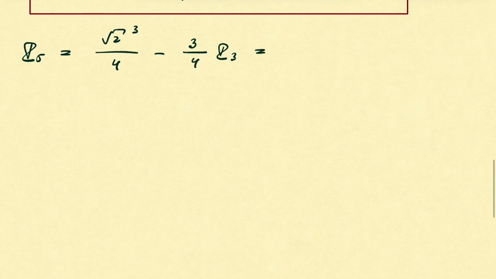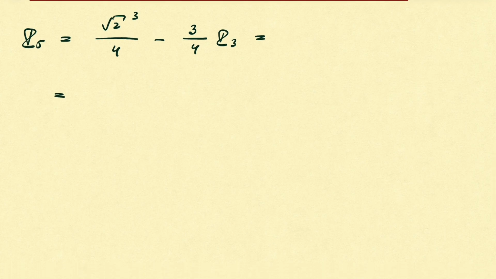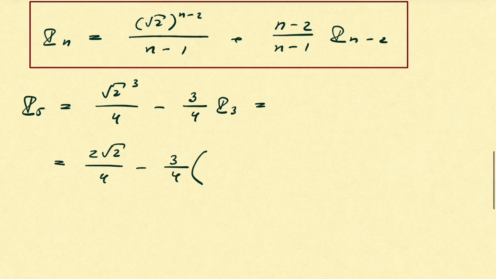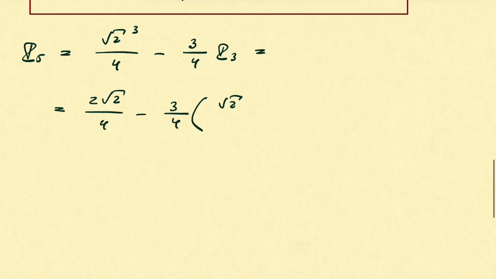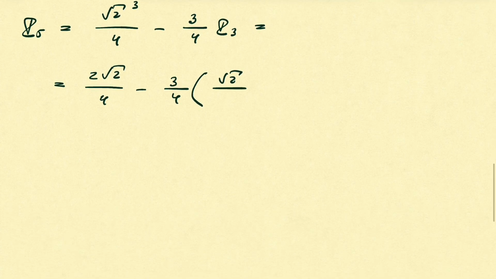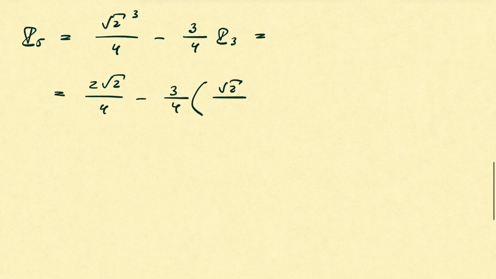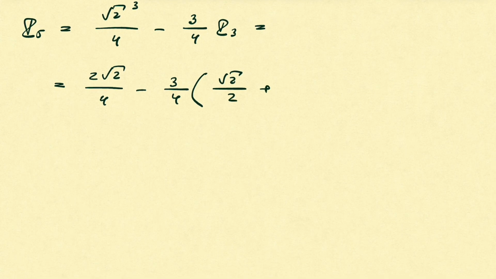Now we can proceed and write that it's equal to square root of 2 to the power of 3, it's 2 square root of 2, right? Because we have square root of 8 down there, over 4 minus 3 over 4. With the same identity we can compute I sub 3, which will be square root of 2 to the power of 1, well, it's just square root of 2, over 2 plus,